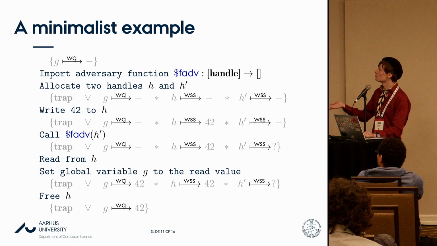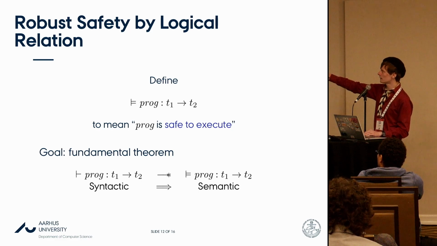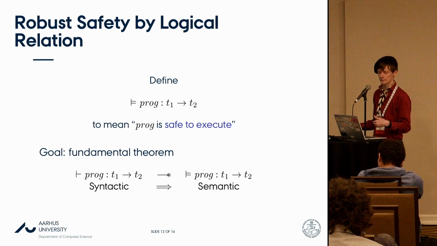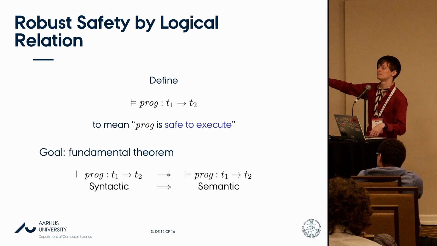That's, again, a robust safety property. One way to obtain this is to define a logical relation. If I give a very high-level overview of what that means, I would like to define what it means for a program to be safe to execute. I'll note that with this double turnstile, as opposed to the single turnstile used in syntactic typing in WebAssembly's type system. And what I'd like is to define this very carefully so that I get the fundamental theorem for